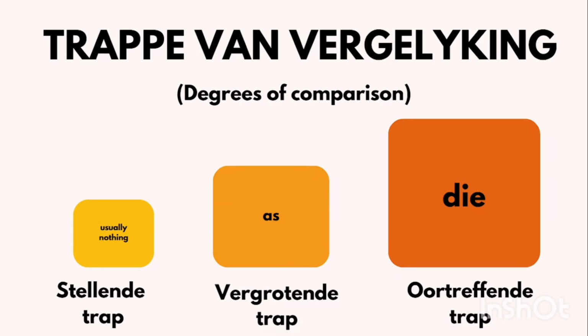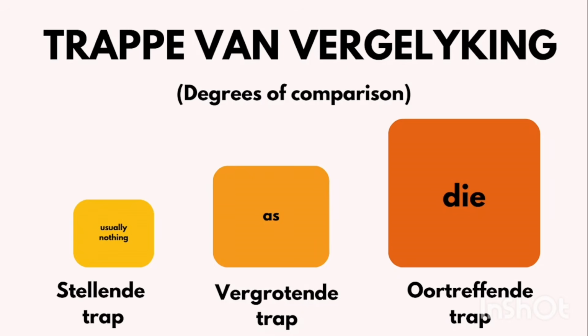All right, so here are the clues if they give this to you in a sentence. Like I said, when you have a usual or normal sentence, a stelling, there's usually nothing out of the ordinary with the sentence. Die bloed is rooi, there's nothing wrong there. So rooi in this case would be your stellende trap. Then when you get the word as: my doen is langer as my sissie se doen. So that as in there tells you that it's supposed to be langer. So what they'll do is give you the word lang, and then it will be your responsibility to make sure that you answer langer, because that's actually what they are asking you.